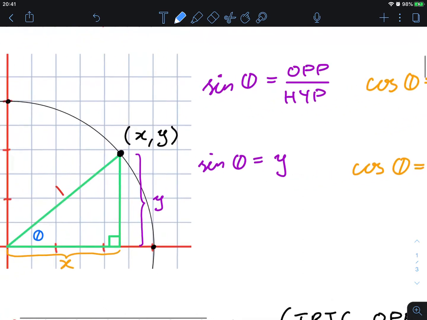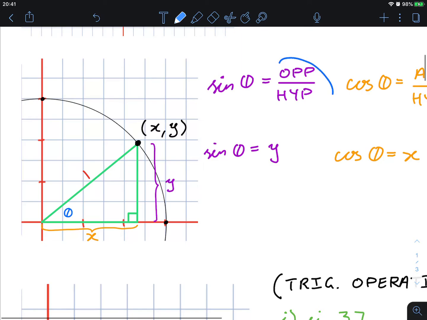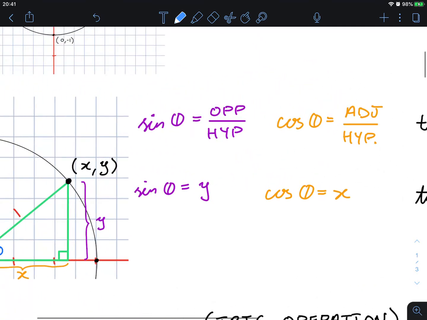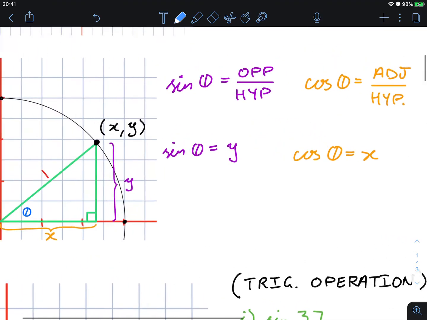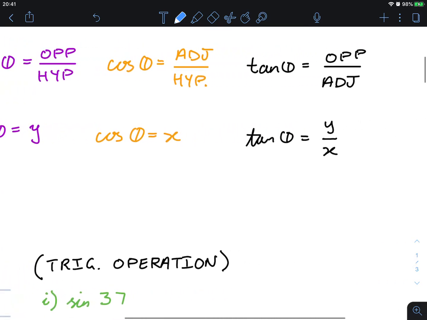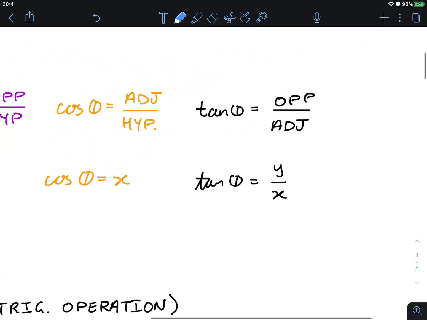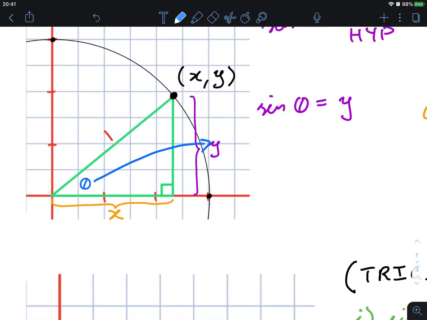Here's a neater version. And we saw that using the classical trig ratios, SOHCAHTOA, we found that sine theta is just y because it's opposite over hypotenuse. Y over 1 is just y. Cosine of theta is the adjacent over hypotenuse, which is x over 1, that's just x. And we saw that tan of theta is opposite over adjacent, so we take y and divide it by